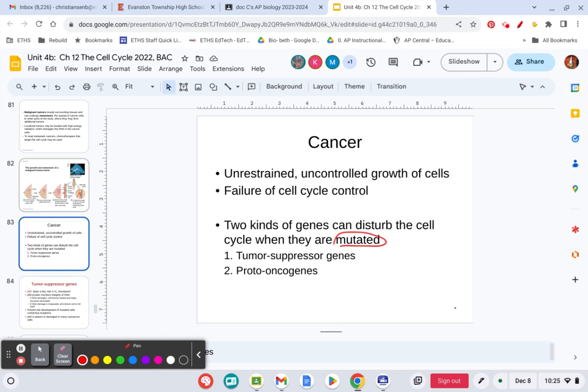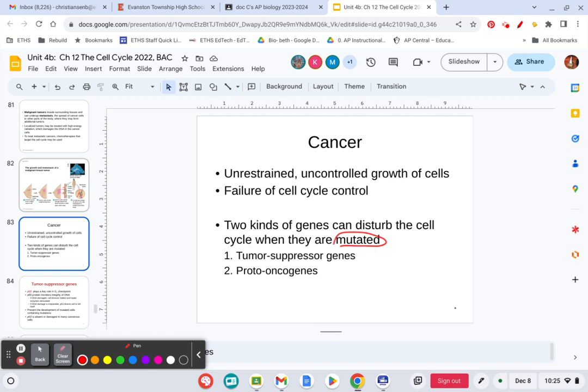So if it's an A, it's an adenine. Remember we talked about nucleotides back in the day? Sugar, phosphate, and nitrogen base make up a nucleotide. Those nitrogen bases can be A, C, T, or G. Okay, pulling out the cobwebs from earlier this year. If that sequence is changed, then you're going to get a protein that's different from what was originally supposed to be there.